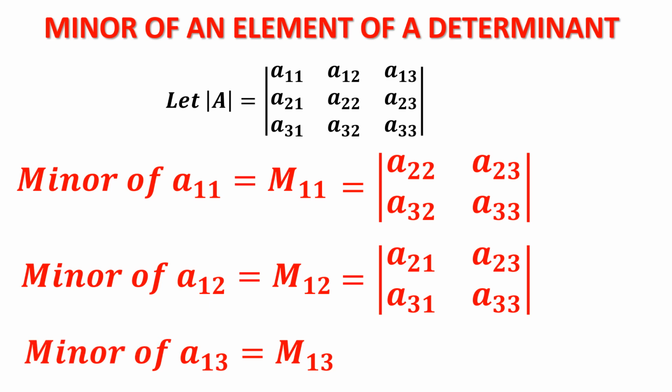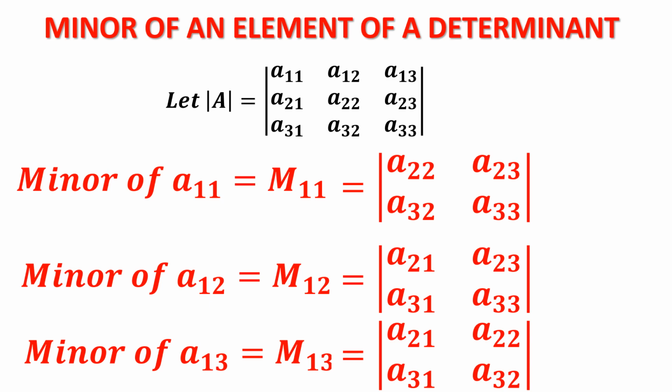I think you are seeing that this is actually the way we expand a determinant, with respect to the first row. The first row and the third column are to be removed, and you get a 2 cross 2 determinant, which is A21, A22, A31, A32. The same thing, for example, if you want to do it for A21, you have to remove the second row and the first column. You get A12, A13, A32, A33. No need to explain it because we have done it in the expansion of a determinant. Therefore, every element will have a minor like this.